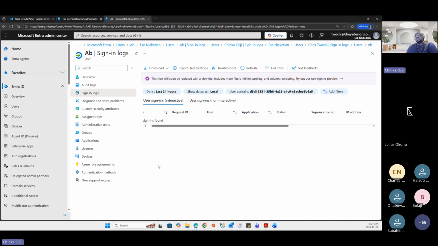Now, this scenario is one whereby the employee of the organization is the one allowing bad actors to make use of that employee's account to carry out whatever. Because you are the admin and you are monitoring what is going on, you are able to see that there's a sign-in issue here.